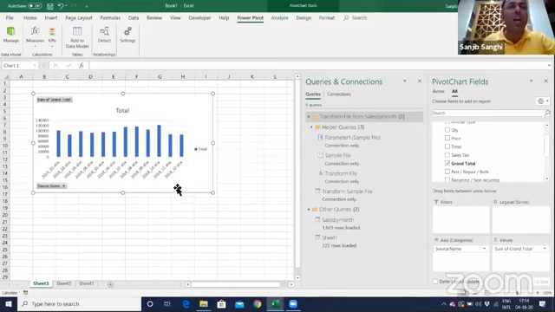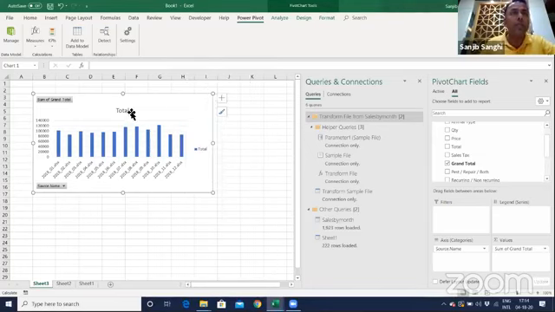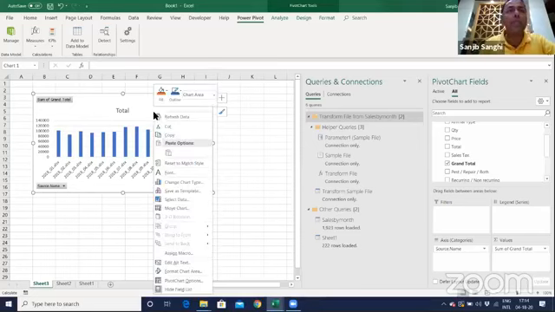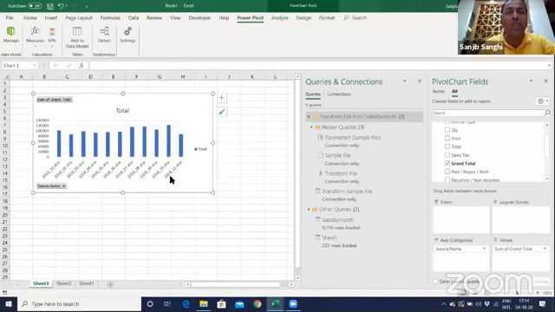This is the chart I had, and it is connected because my queries are there. If I refresh the query, refresh data, it removes my 12th month data. Now it is showing me only 11 months of data.